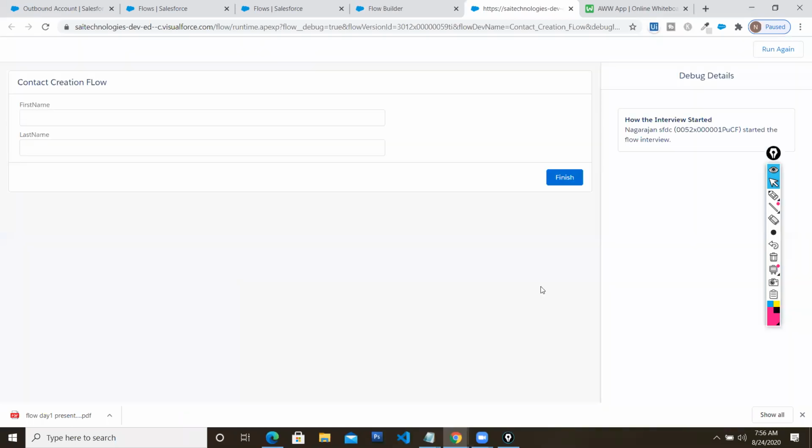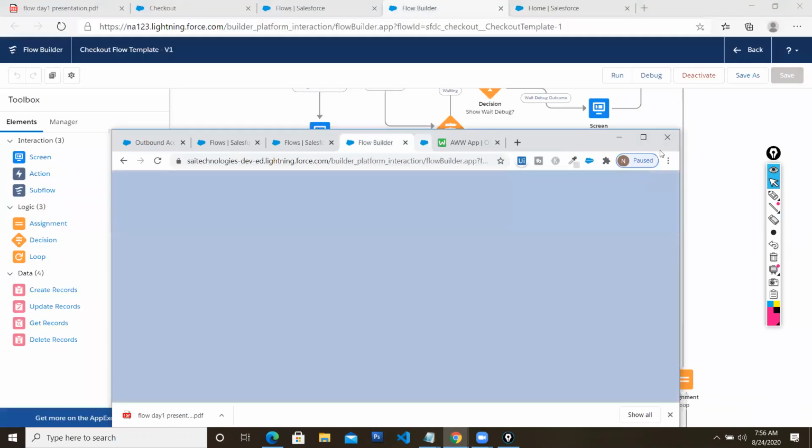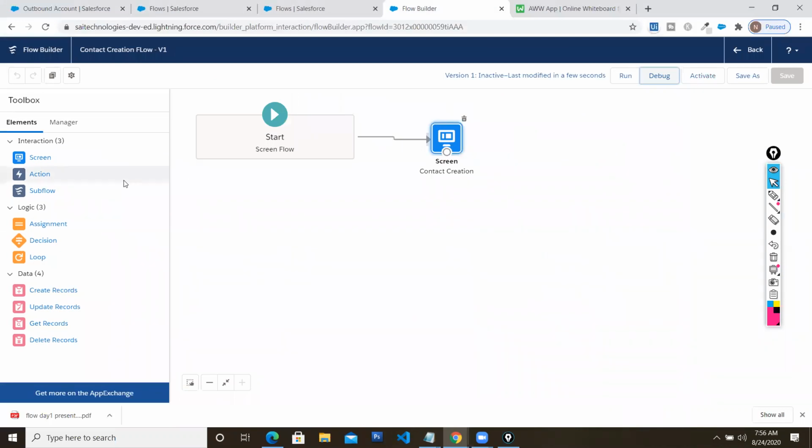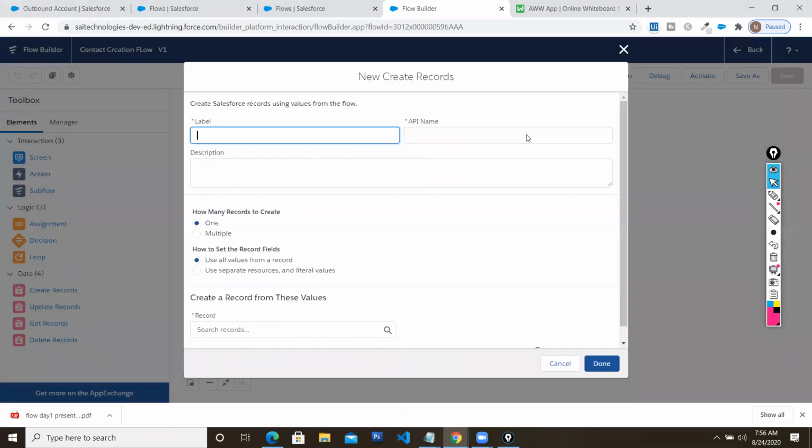Fine. When I click it, now I am able to input any name. I'm having two input boxes. One is the first name and another one is the last name. It is going to create your particular contact. We haven't finalized the create contact functionality. So this is the right time to add the create contact functionality. See here at the bottom, you have functionalities for the CRUD operations. You have a create record option right over there. So I'm going to drag and drop it. I'm going to create a record. So once you drop it, automatically you have to fill up some data for that.